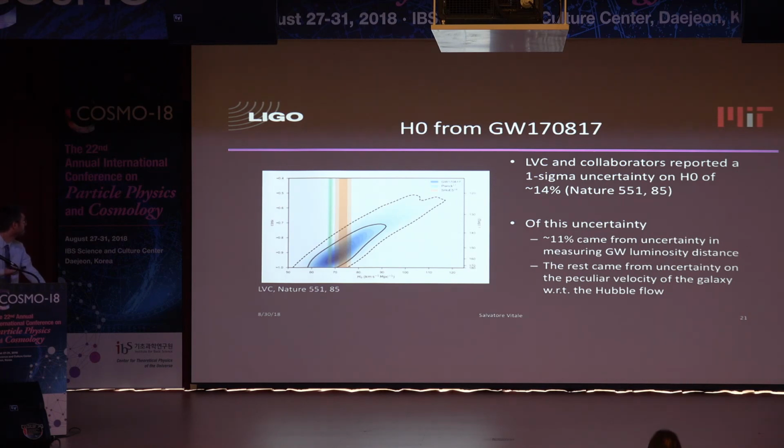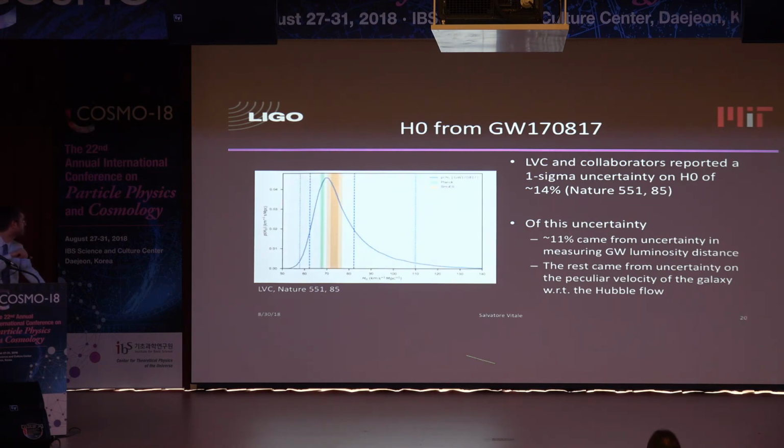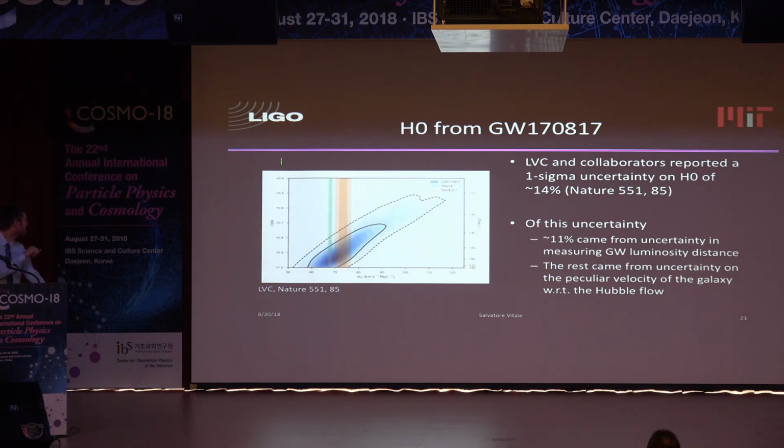And I also want to show a different version of this plot. This is a 1D posterior. You can also plot a 2D posterior of Hubble constant versus the cosine of the inclination angle. Again, to stress the point I made earlier, the inclination angle will be extremely correlated with the distance and hence with the Hubble constant. So you can see that the main reason why our posterior is so broad, and the main reason why it's skewed on the right, is that the inclination angle has a bound at 0.